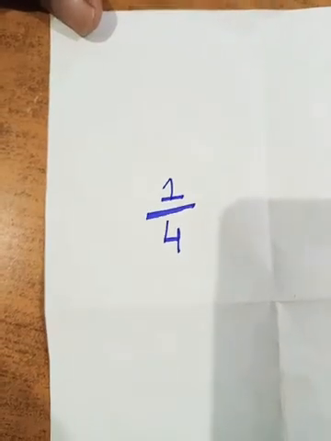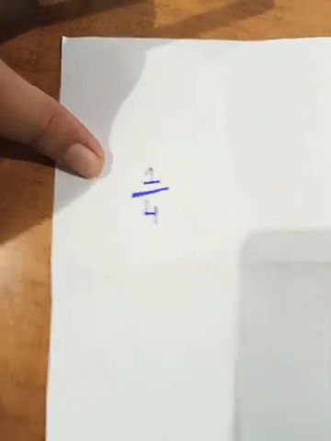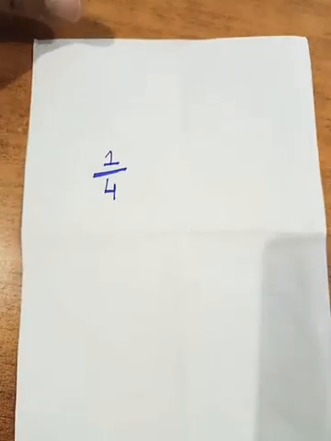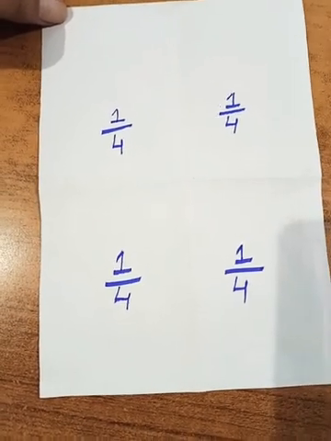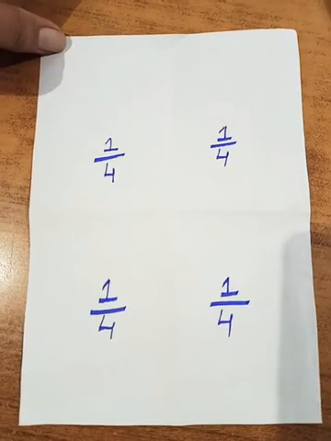Okay students, what does a quarter mean? Can you tell me now? Yes, a quarter means one part out of four equal parts, and you can write it as 1/4. Just like this one, it means that this one is the fourth or the quarter part of this paper. Here I am writing this fourth part in all the parts. In this way, students, hope this quarter concept will be clear to you. Now let's have some other examples.